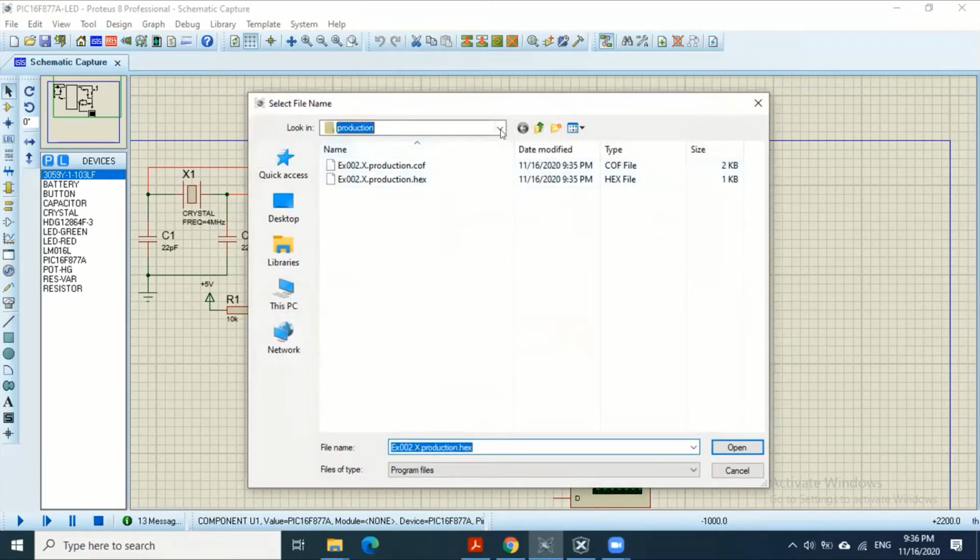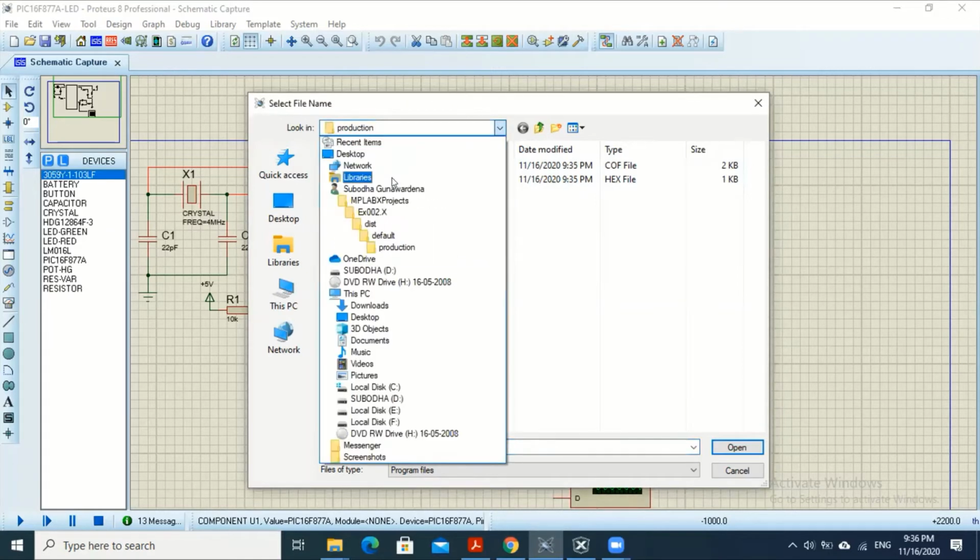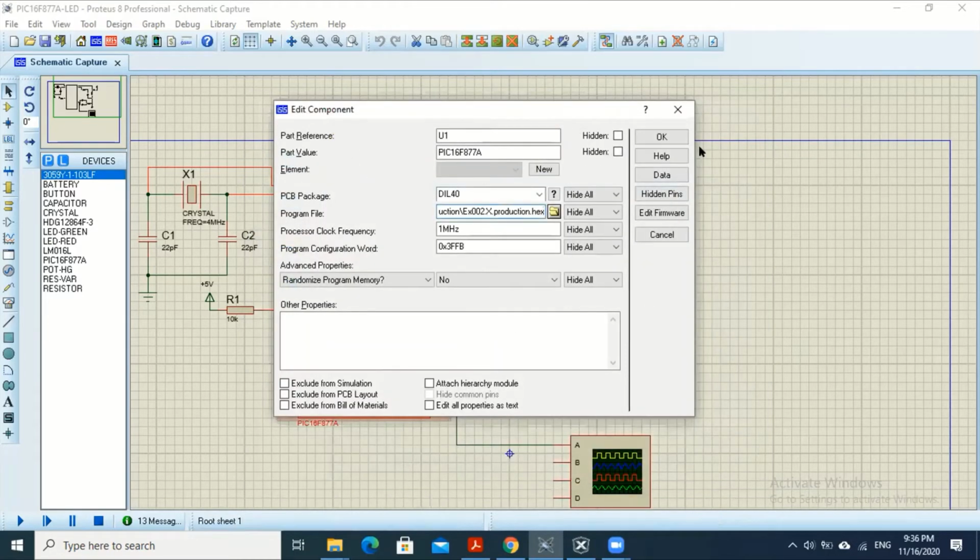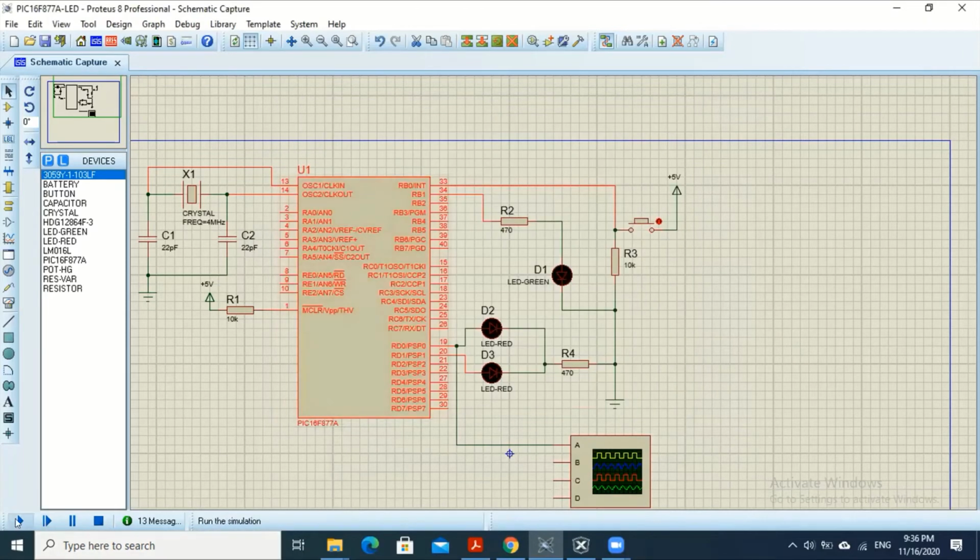So that is from example ex002 production.hex, which I have just created. So bear with me for the computer being a little slow. Okay, so it's example ex002 default production.hex. Okay, and if I run the program,